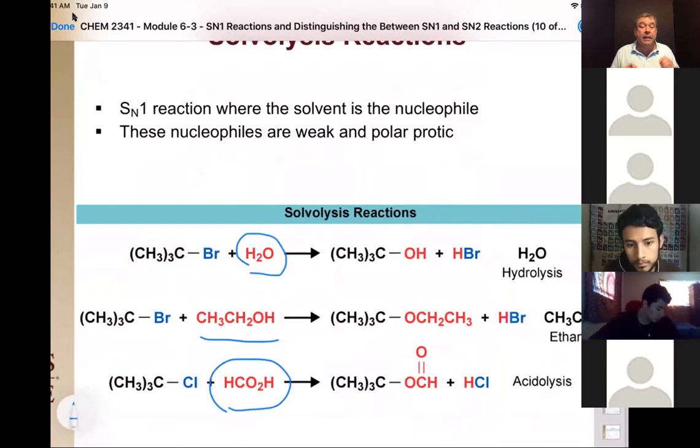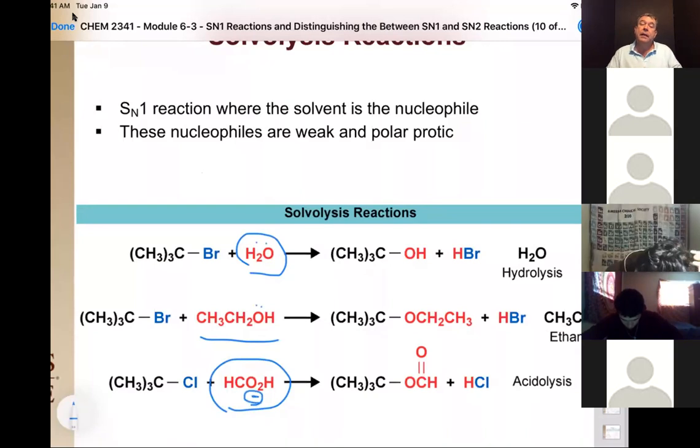Okay, so in each of these cases, notice they are all protic solvents. They all have hydrogen bondable hydrogens on them. Okay, this is key to an SN1 reaction. Most SN1 reactions work better when we have a polar protic solvent, because that polar protic solvent helps stabilize that carbocation. So if we don't add any other nucleophile to the system, the lone pair on the water, the lone pair on the alcohol, and the lone pair on the carboxylic acid oxygen can react with that carbocation when it's